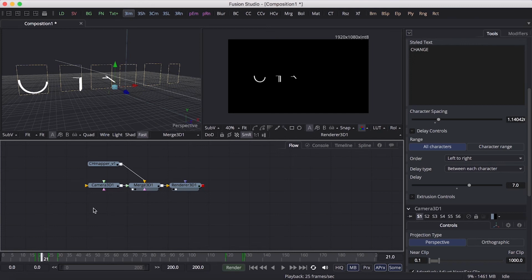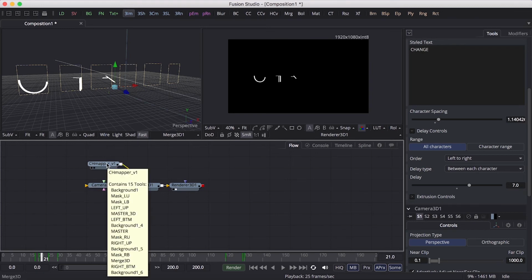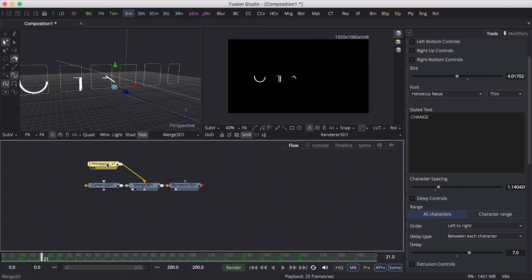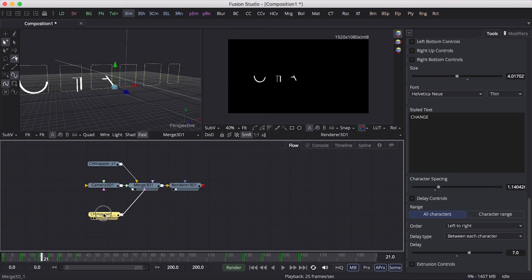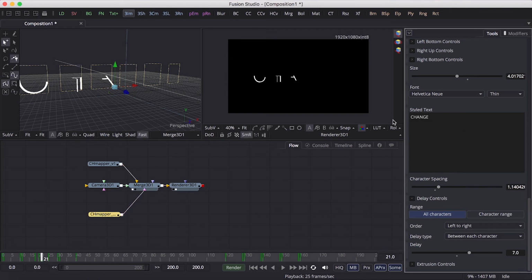To have that, we should duplicate or copy this macro. And put it back and change the text to any text.